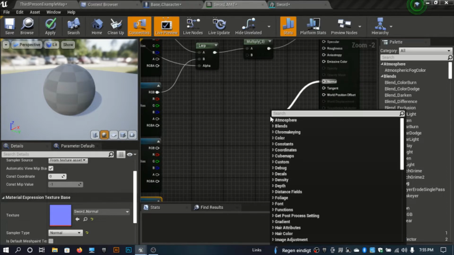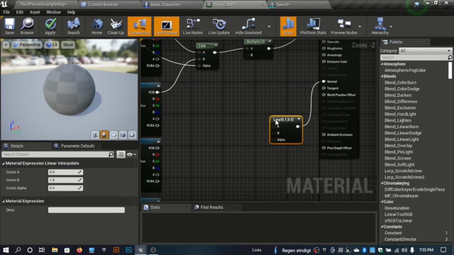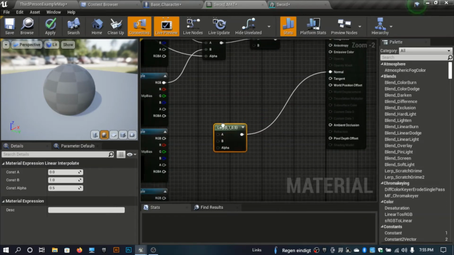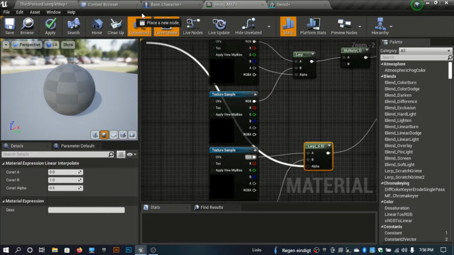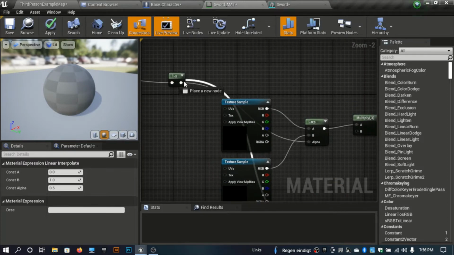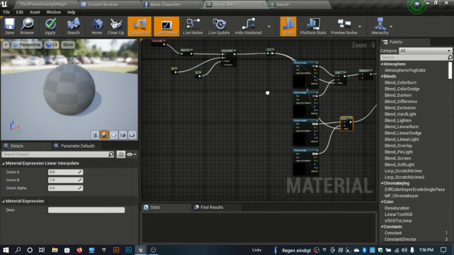I'll just do this. That means linear interpolate, and I'll plug the B value into this and the A value into this, and I plug the alpha into the same minus node. Okay, now here